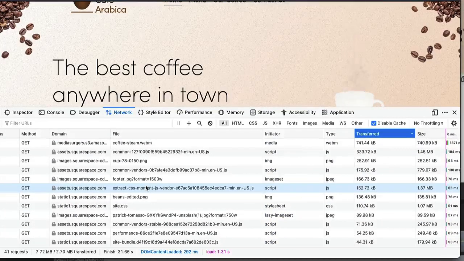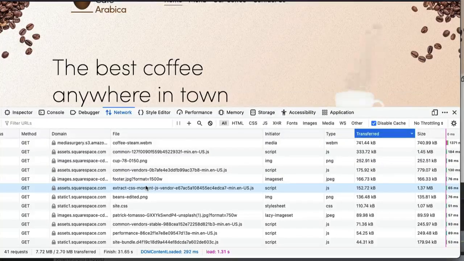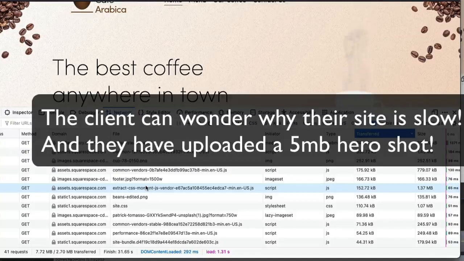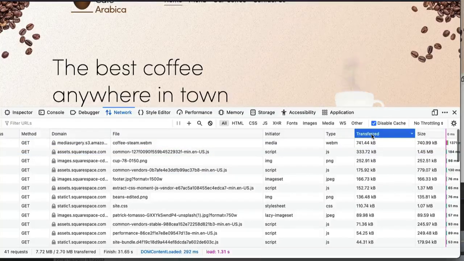So what we want to look for here, generally on the web, is that large files are going to slow down your site. So this is a performance thing I'm covering. It's very easy, for instance, for your client to go in and upload, let's say, a 3, 4, 5 megabyte image, and then they wonder why their site is really slow. So in here you can see all the files, and if we hit on the transfer tab as is selected there,